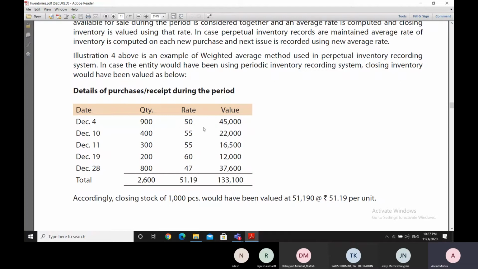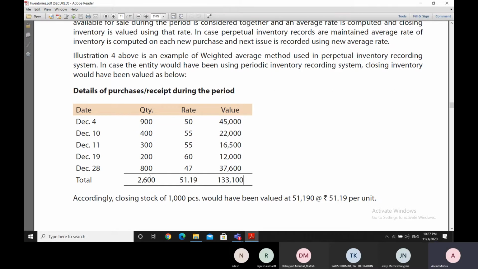Like 900 into 50 is 45,000. 400 into 55 is 22,000. 300 into 55 is 16,500. Similarly, we are taking all the products and adding them up. When we add the products, we get 133,100, and we divide this